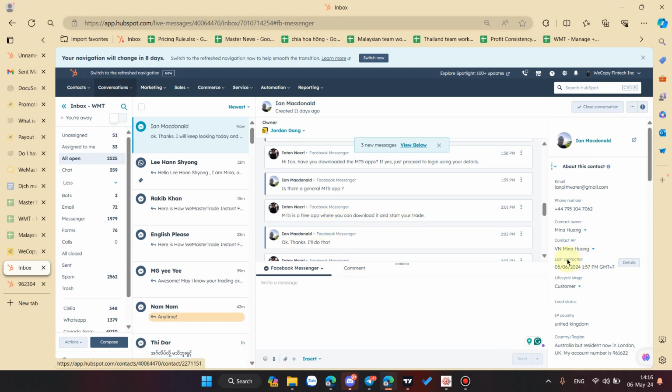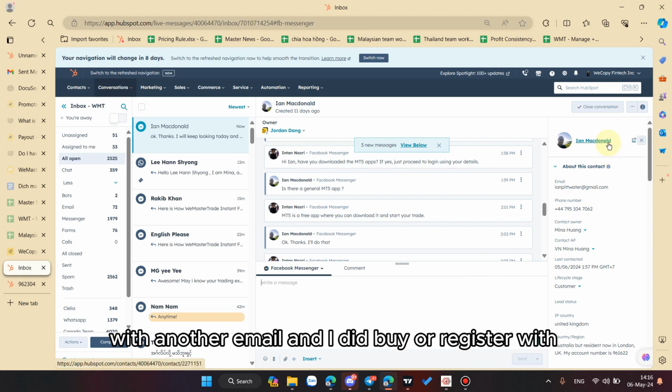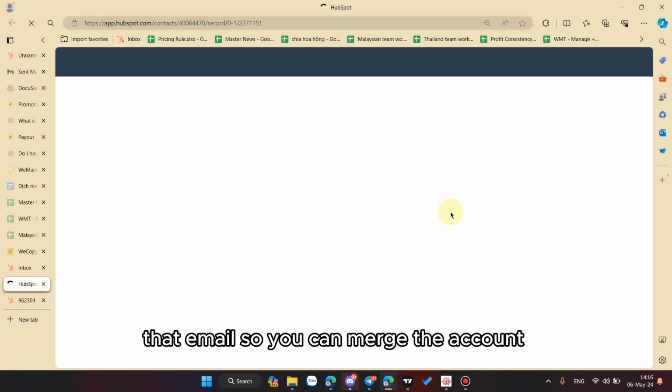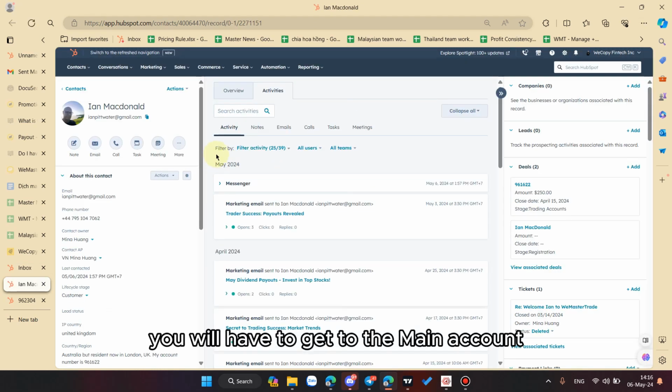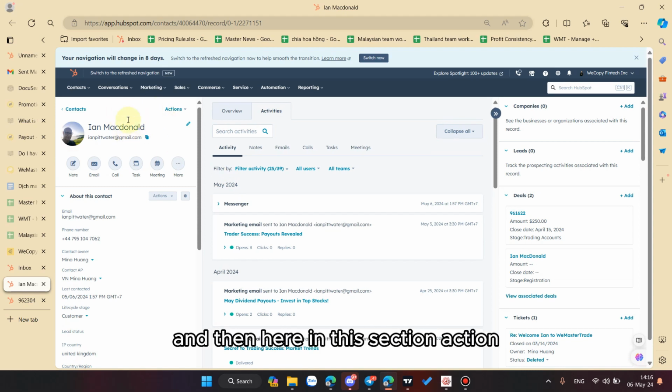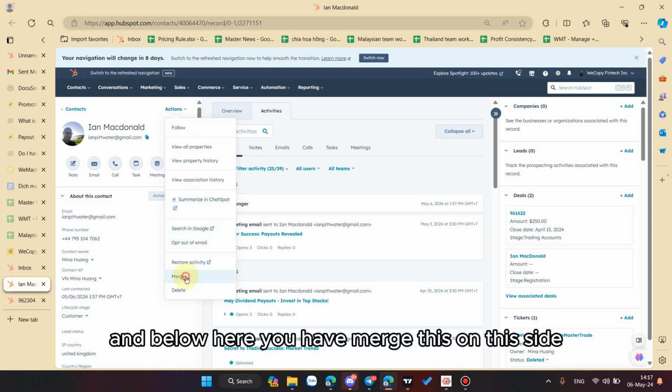Like this guy, he comes to contact us, but he already created an account with another email and already bought or registered with that email, so you can merge two accounts. You will have to get to the main account. All right, and then in this section, Action, right click on that, and below here you have Merge.